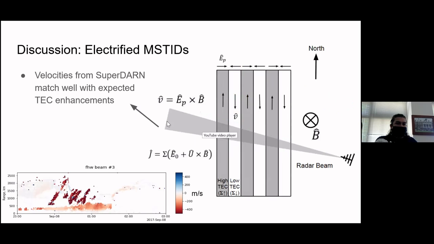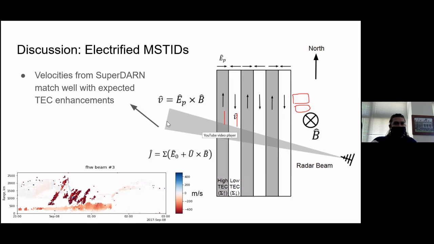You're talking about a radar looking direction like this, but the TEC gradient is in the opposite direction. Right now you have high TEC in the aurora region and low TEC in the trough or sub-aurora region. I'm just wondering if this kind of mechanism can be associated with what you are proposing here as well. But that might be a larger scale variation. There's no wavy structure necessarily to it, so that might be eliminated by the detrending